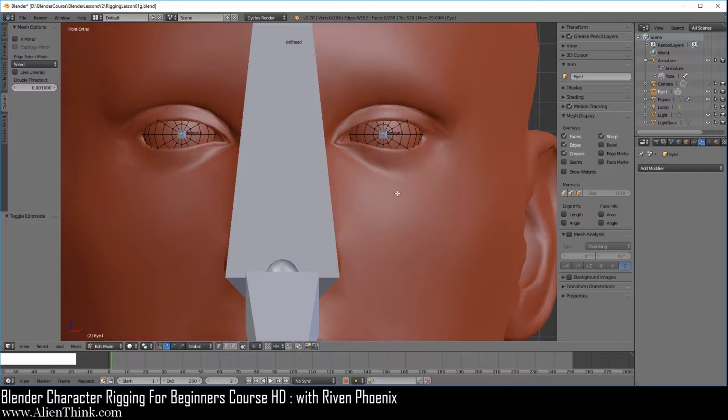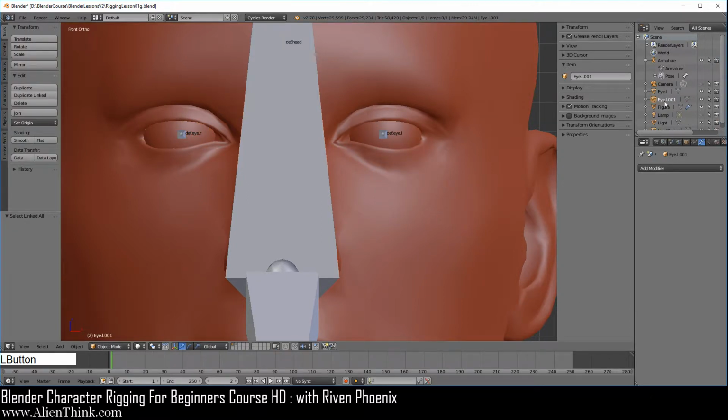So what we need to do is, now that we have applied the mirror modifier, this is one whole object. So here we can do A to select everything, A to deselect everything, click on a vertex on the right side over here, do Control L, and then do P, and now separate this eye. So now you can see that we have another eye. You can double click this, and over here just call this dot R and enter.